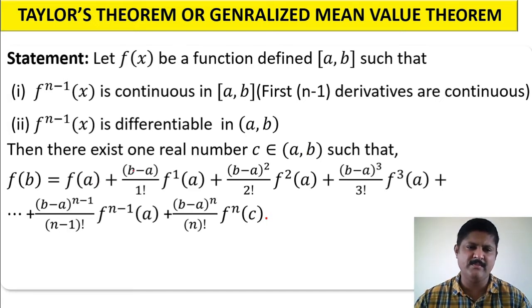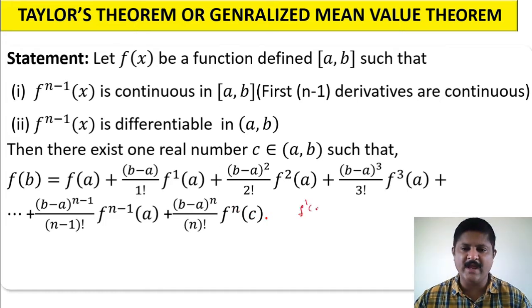of a plus (b minus a) by 1 factorial into f1 of a plus (b minus a) whole square by 2 factorial into f2 of a plus (b minus a) whole cube by 3 factorial into f3 of a plus so on plus (b minus a) whole power n minus 1 divided by n minus 1 factorial into f^(n-1) of a plus (b minus a) whole power n divided by n factorial into fn of c, where f1